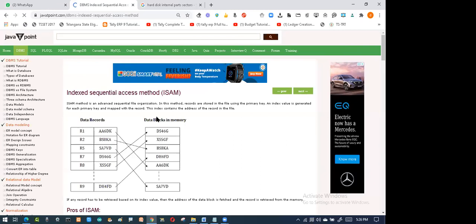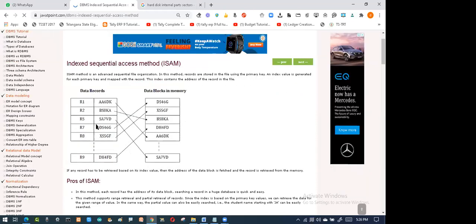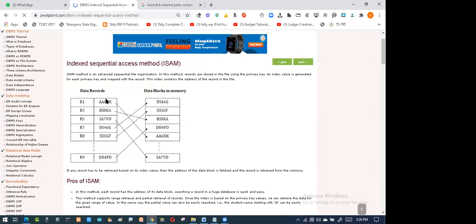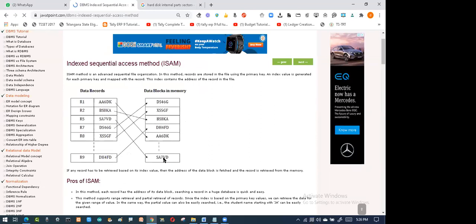So what is happening over here? I have something called data records. I have the records like this, and each record has some key. The key is the primary key. The same primary key we store in the block. As I gave the example of pharmaceutical, if you remember, I want Combiflam. So when I say Combiflam, I will have the Combiflam label.